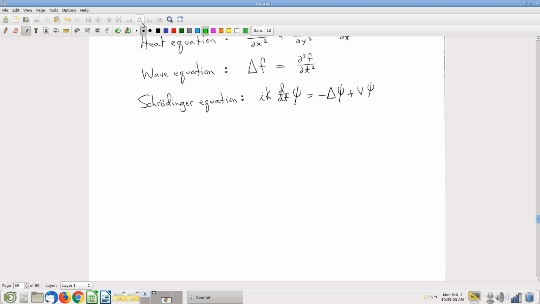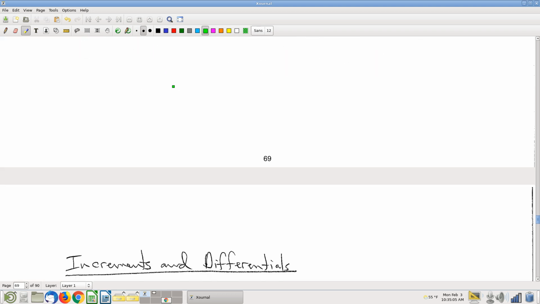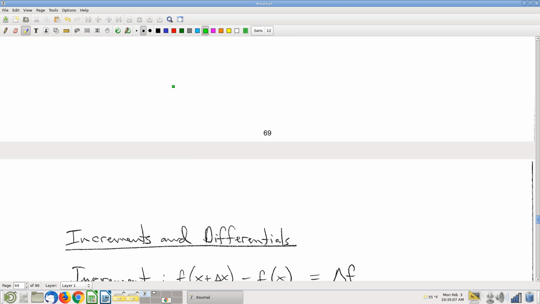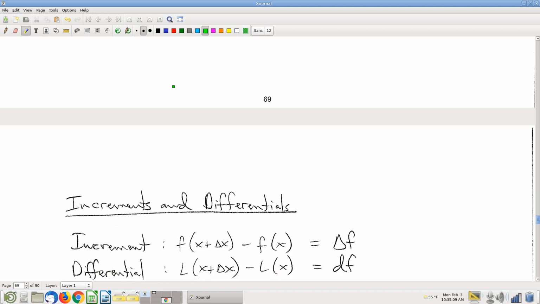Okay, so moving along. I want to do a real quick refresher on what we call increments and differentials. This is mostly just to make sure we're on the same page about terminology and to remind you of some super basics. So don't forget, if you have a single variable function,